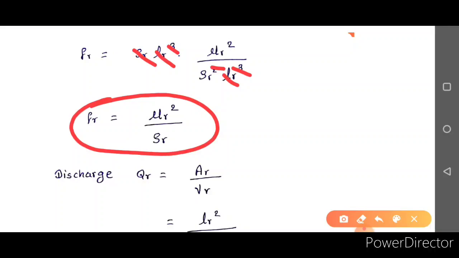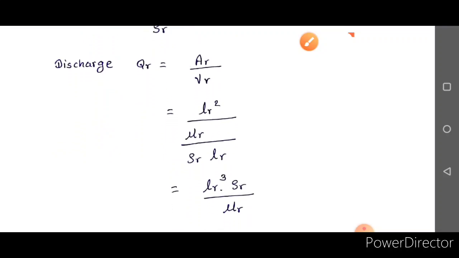If you are solving some model law equation or dimensionless number examples, then you may face some difficulty. In those examples, what happens? They take the value of F r directly as mu r square divided by rho r, but how it happens is not explained in the example. So here is the theory.